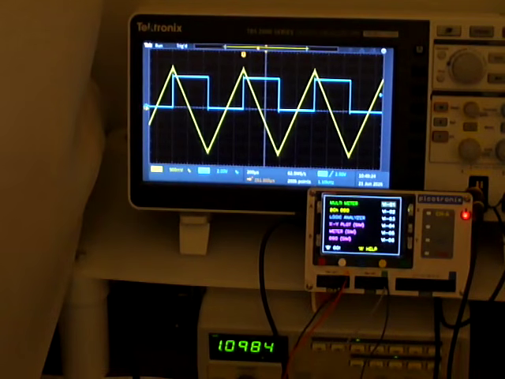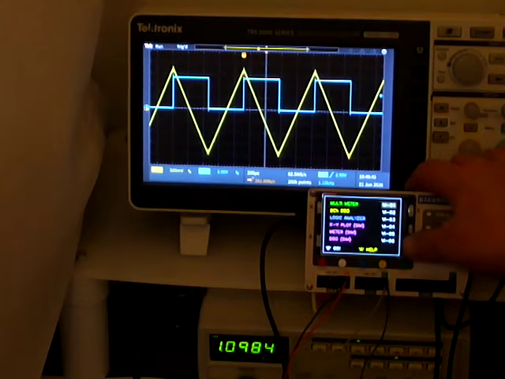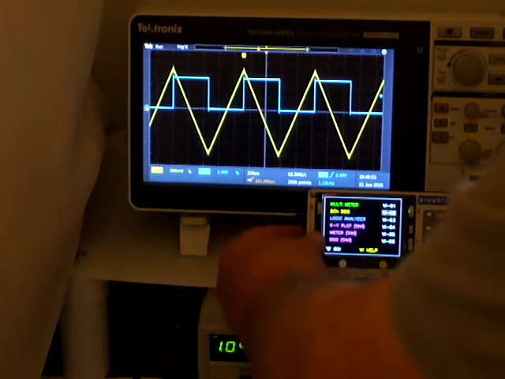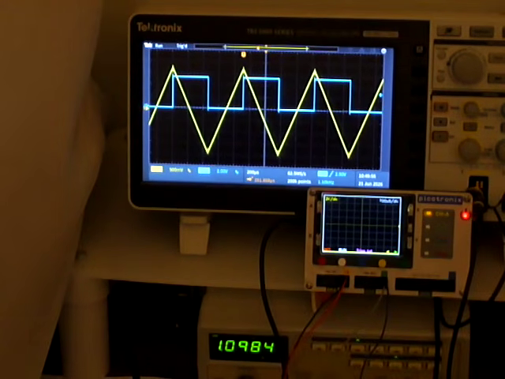So for this case, we're going to go and show the premier virtual instrument, which is the 2-channel DSO. So I'll use the buttons X and Y on the right hand side to select one of the menu options, and then the B button on the left lower corner of the LCD effectively activates that module. That takes us to the DSO, and the next thing we have to do, you see at the bottom there's